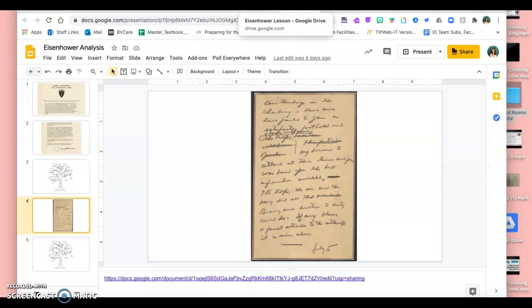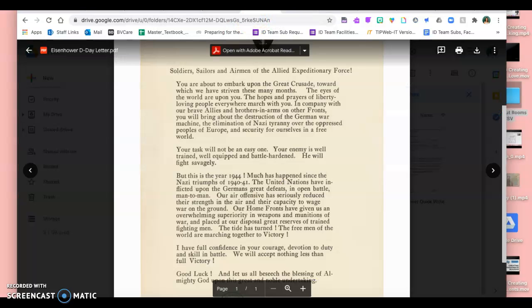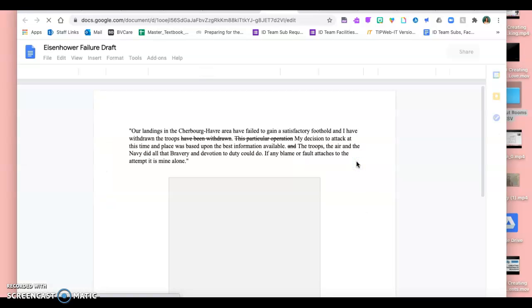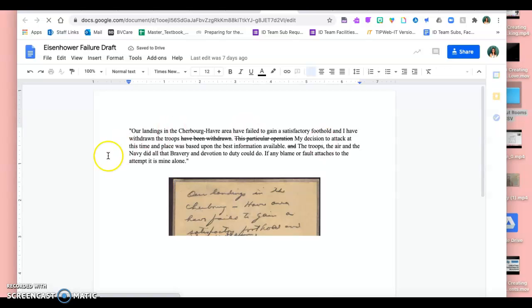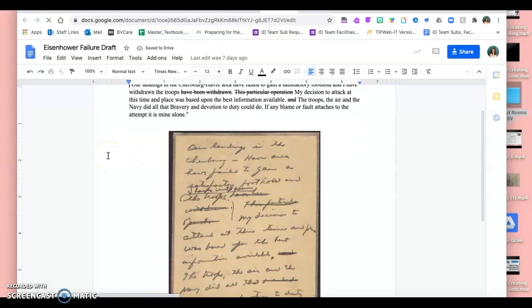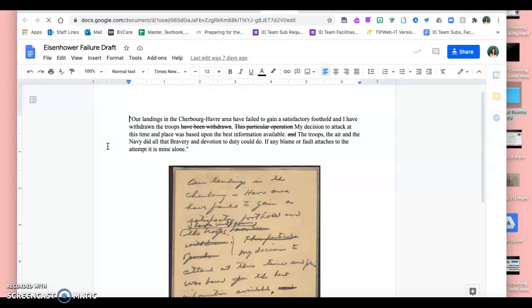Just in case they lost the battle. In our speaker notes, I've hyperlinked the translation of that. That's also in our folder because it's very hard to read his handwriting in the original document. But his note reads, "Our landings in the Cherbourg Havre area have failed to gain a satisfactory foothold, and I